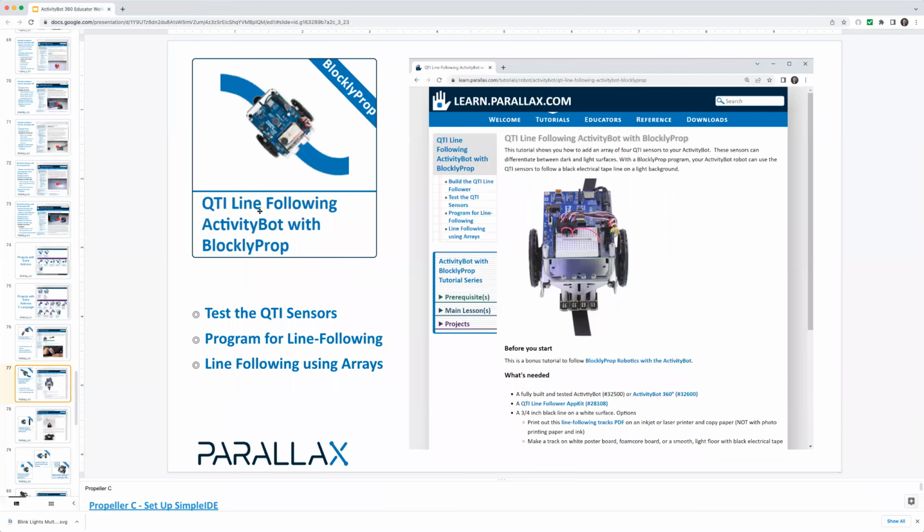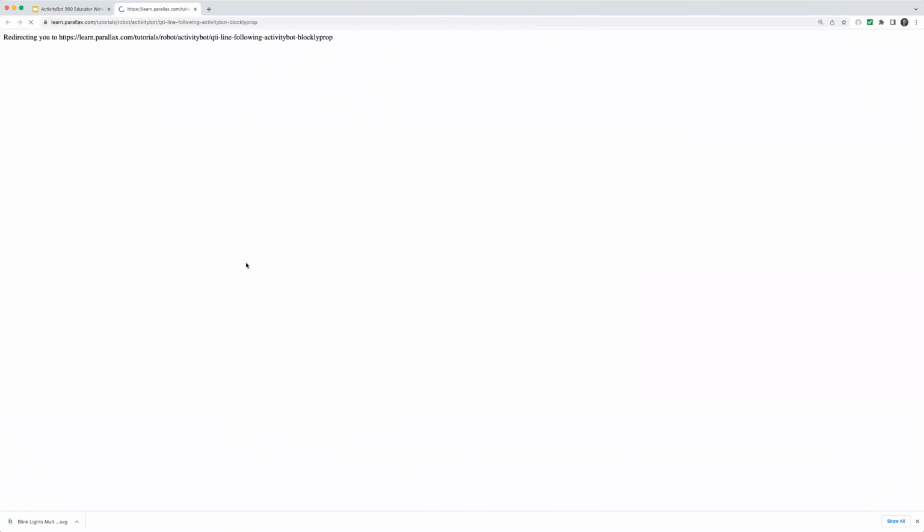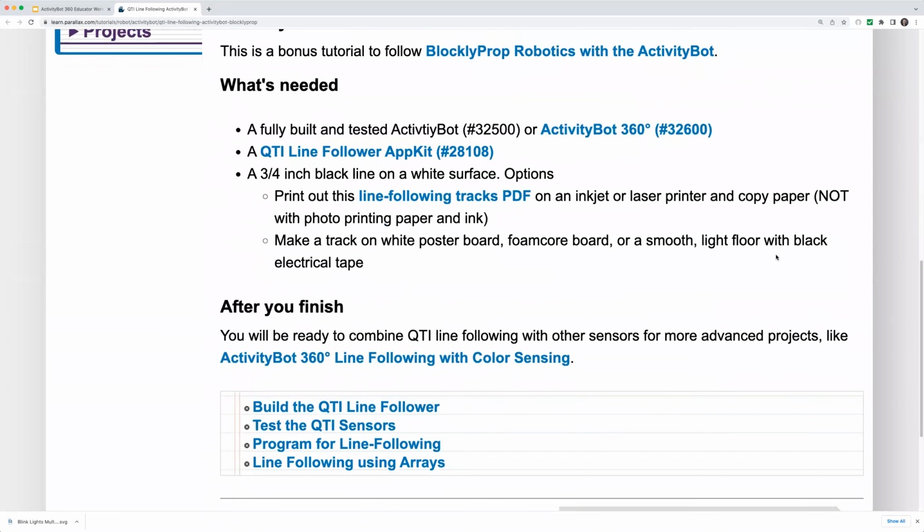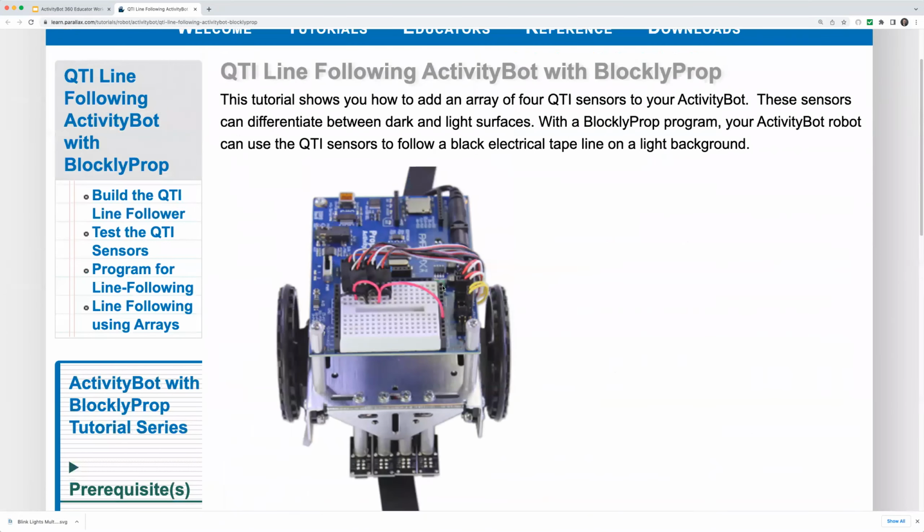The QTI Line Follower is pretty fun. And so here we have a full set of instructions for setting up the line follower and getting basic line following going. You can make some really challenging courses. The basic code example just follows an unbroken line. You can put breaks into the line. You can put intersections, all kinds of things to throw the students for a loop and challenge them to